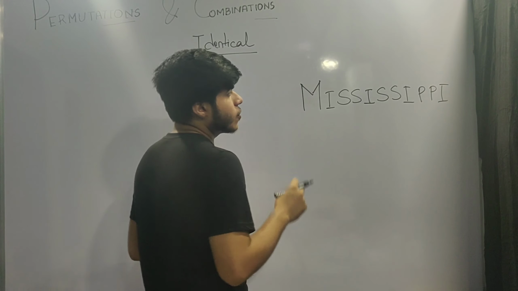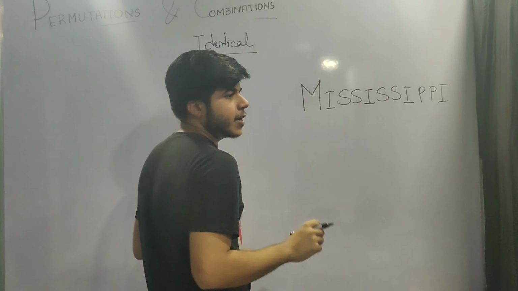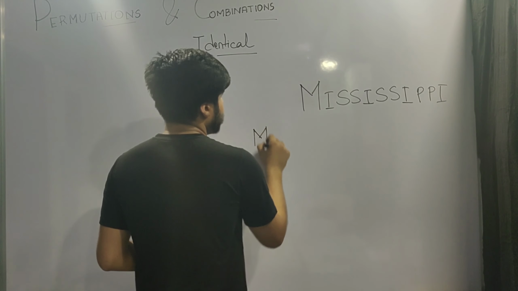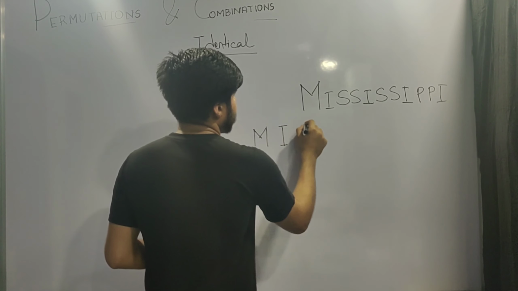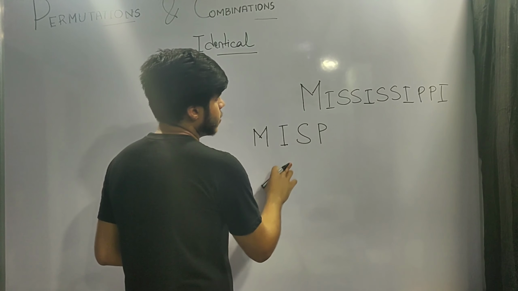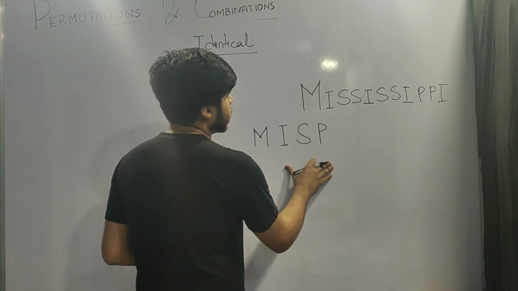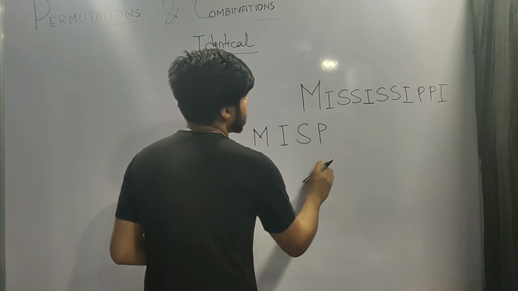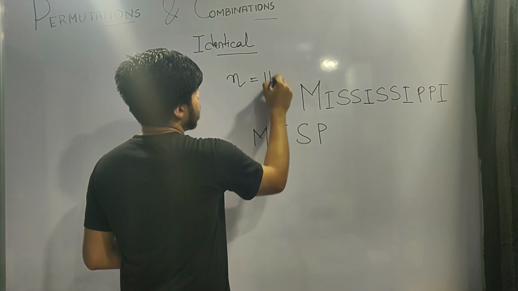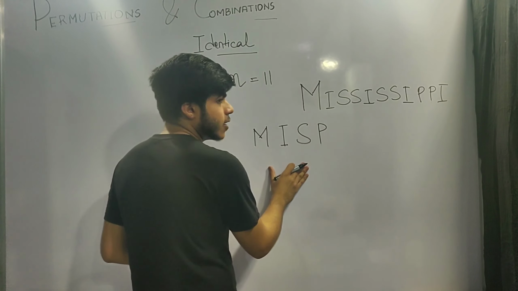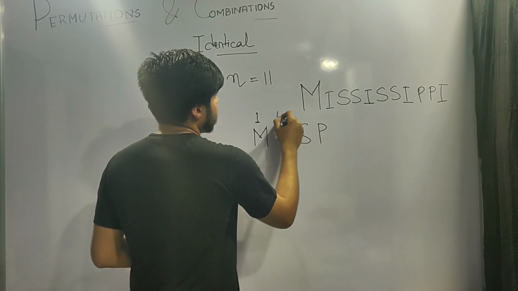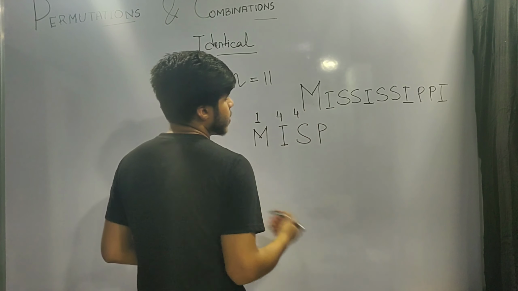In these cases what you have to do is first write down all the different letters that are present in the word. So I can see that I have M, I, S and P. For this given word I have only these 4 letters. Now we will find out the length of the word and the occurrence of each letter. So as the length of the word n, I have the length equal to 11. Now I will calculate the occurrence of each letter. Now I can see that M occurs only one time, I occurs 4 times, and S and P occur